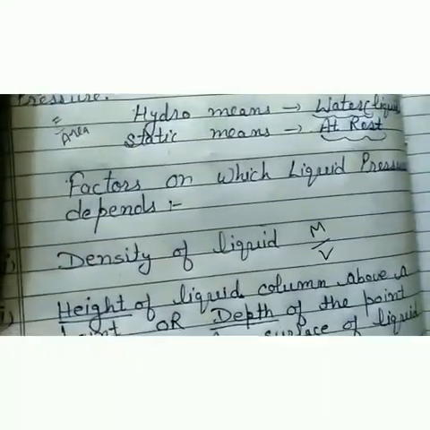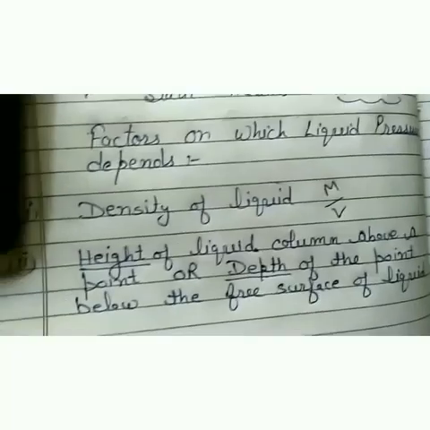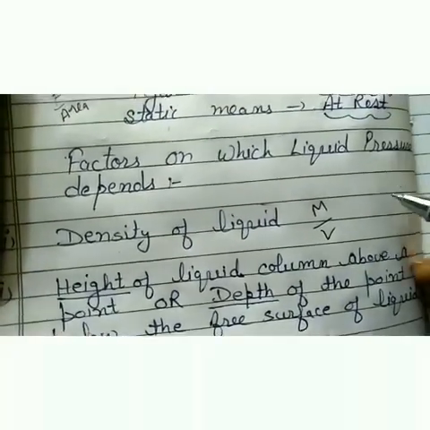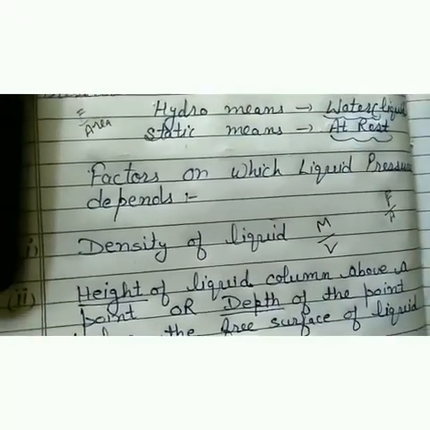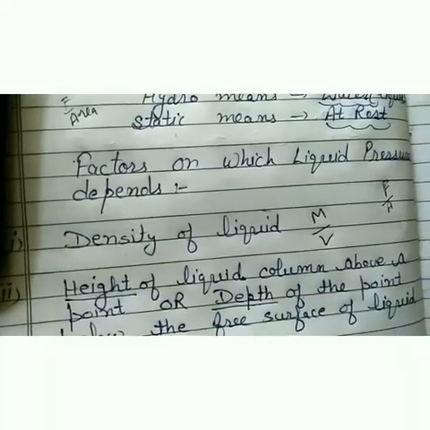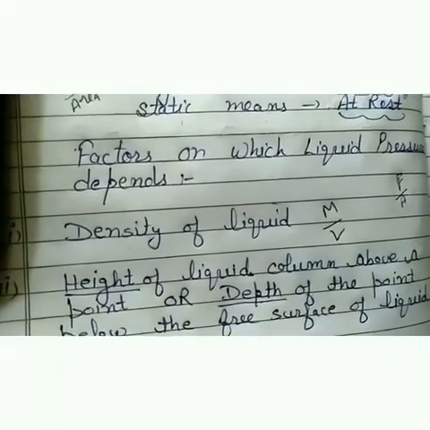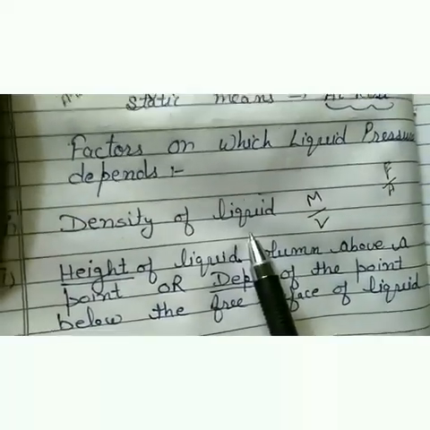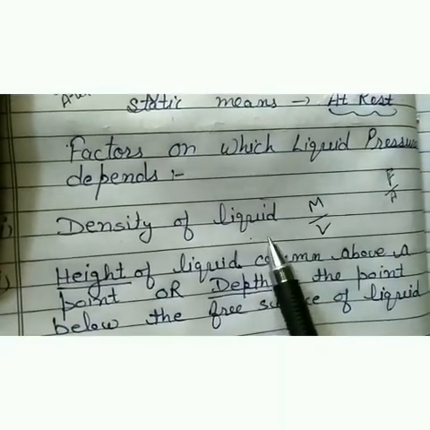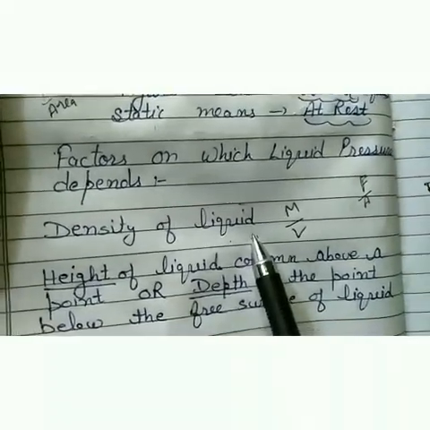Students, we have already studied in the case of solids that pressure depends on two factors, and those factors are force and area. Similarly, in liquid pressure there are some factors which change the amount of liquid pressure on the bottom and on its side. Here the first factor is the density of the liquid, means which liquid is placed in the container. It depends upon the density of the liquid, and I think you all know what density is.